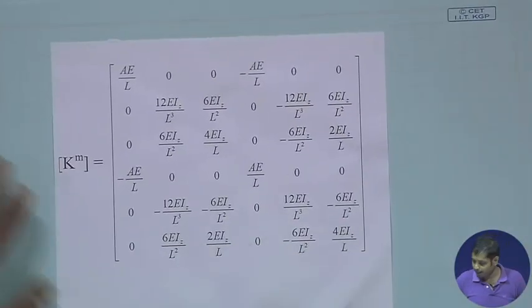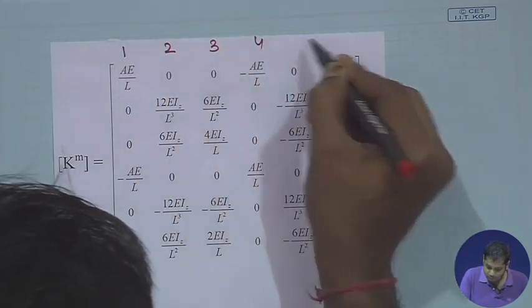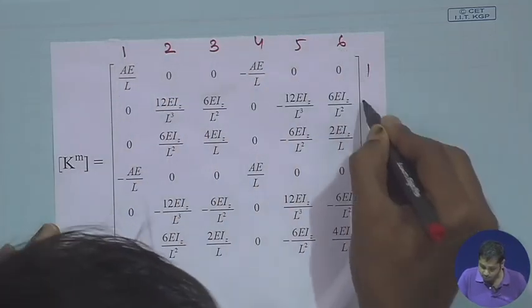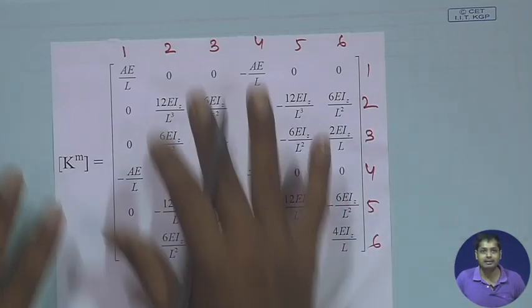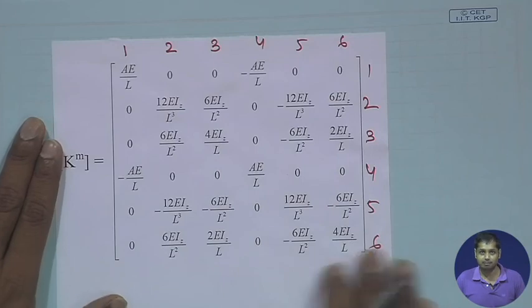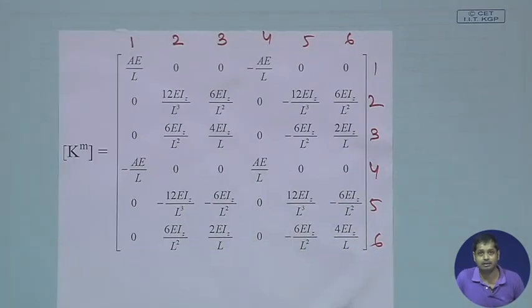This is the element stiffness matrix, a 6 by 6 matrix, because you have a total of 6 degrees of freedom